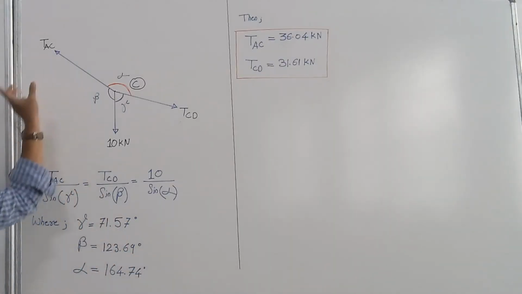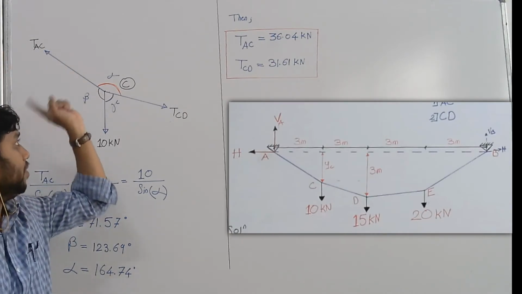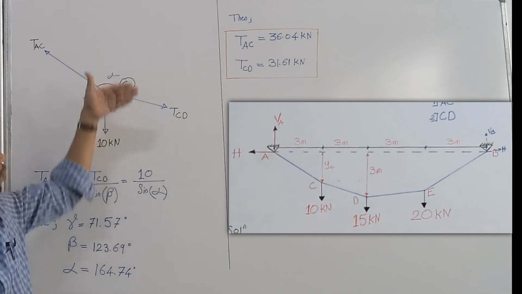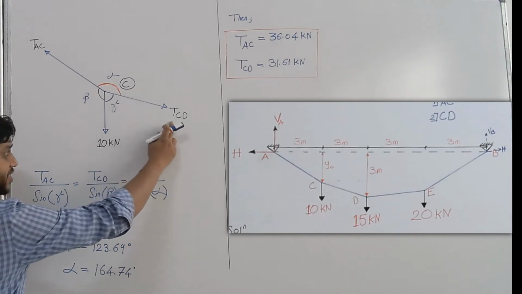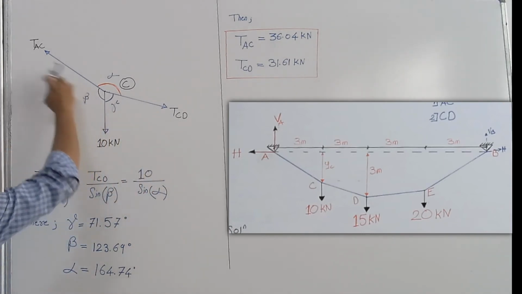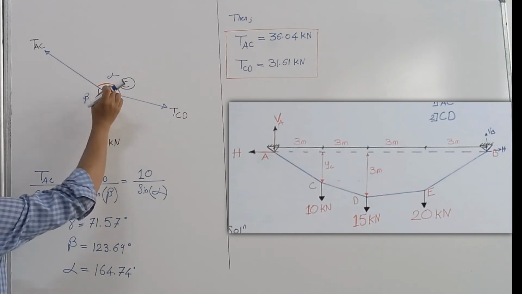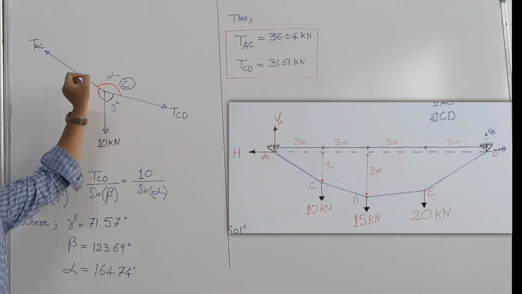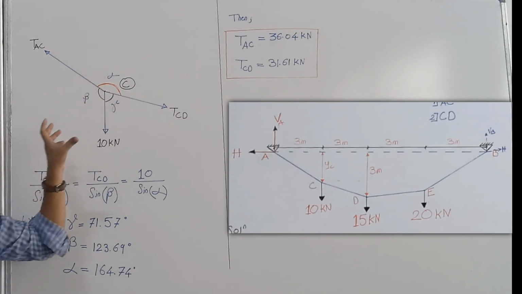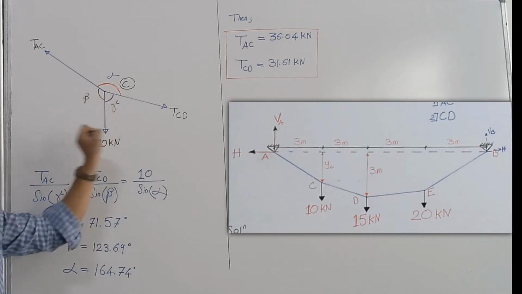Next, we have to draw the force diagram. Since the given problem is a 2D planar problem, it is a coplanar force problem, wherein the forces, that is tension in CD, tension in AC, and this 10 kilonewton force at node C are acting at one point as well as in one particular plane. So it is a coplanar concurrent problem. Since this node has just three forces,